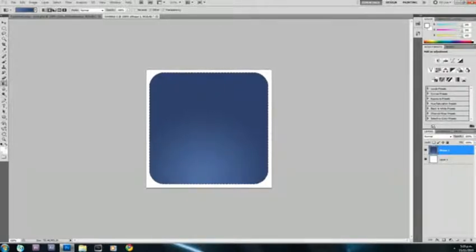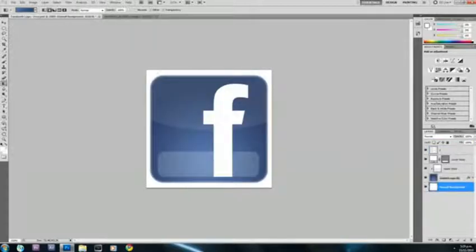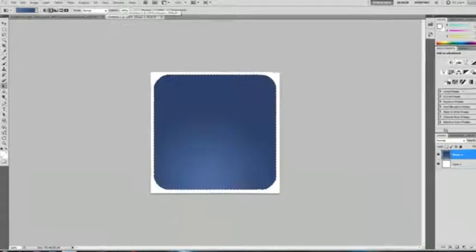And now what we're going to do is create that gloss that we see in the upper part of this shape here, and that is pretty easy to do. So I'm just going to go back to this project, scroll out a bit by holding Alt and bringing my scroll wheel towards me, and I'm actually going to right click this and deselect that so we don't get any interference. And I'm just going to hold down my click and drag, so then we get a nice massive oval here,